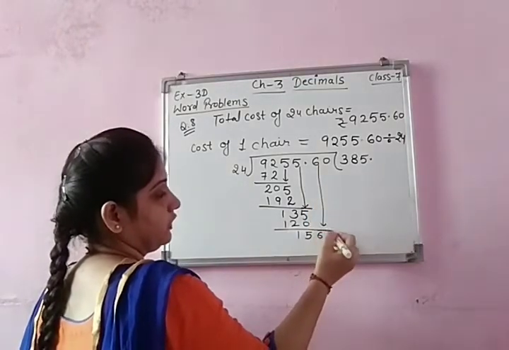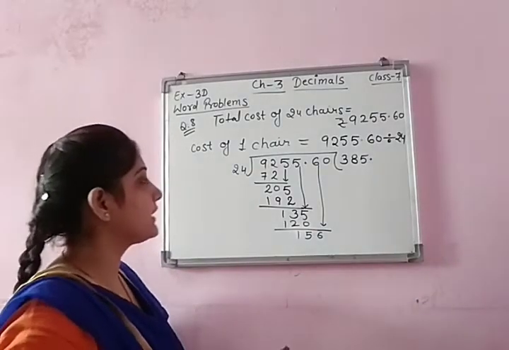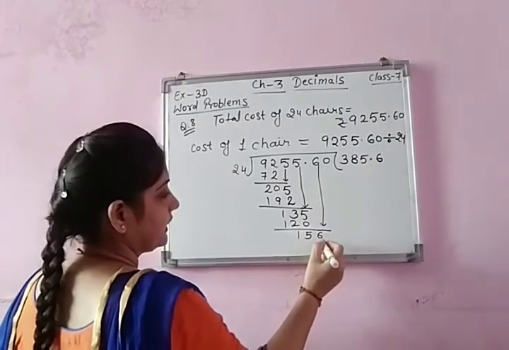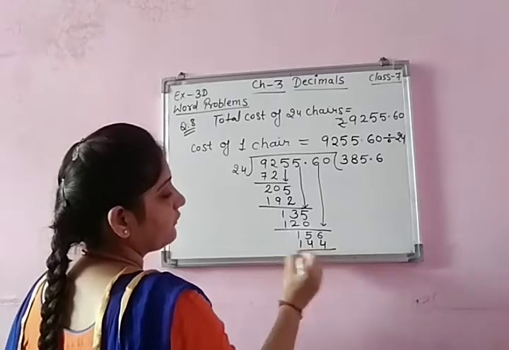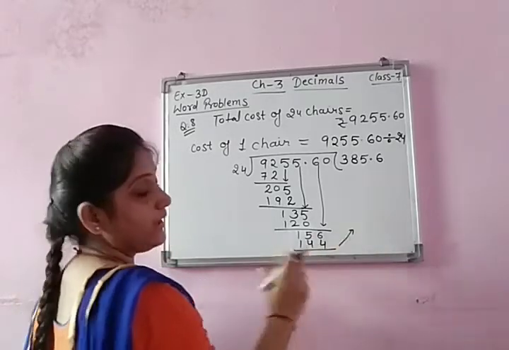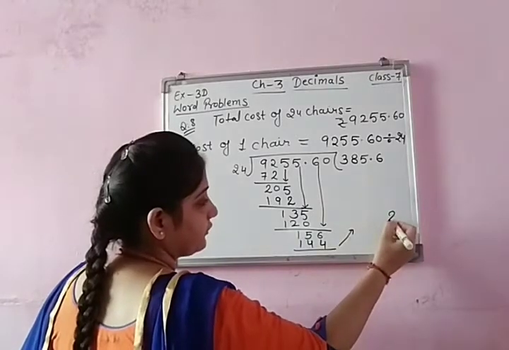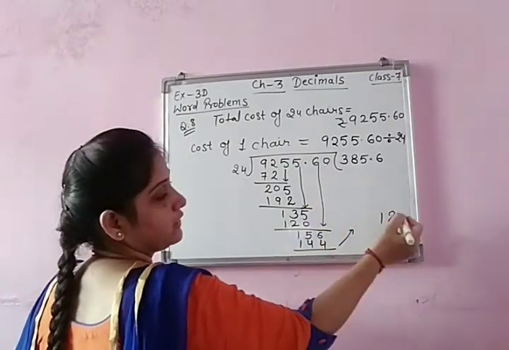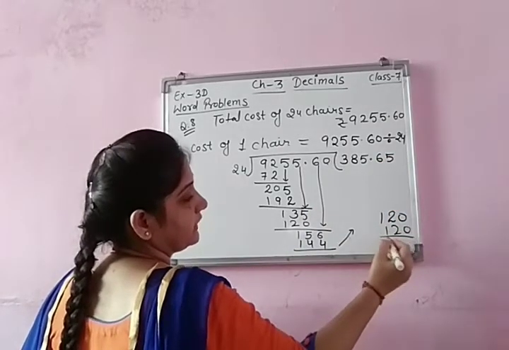6. Now 24 5s are 120. 24 6s, 6 times it can be. 6 4s are 24, 6 2s are 12 and 2 is 14. 144. I am doing here 156 minus 144, you have to do. So 6 minus 4 is 2, 5 minus 4 is 1. Now you need to write down this 0 which is given. So 24 5s are 120.